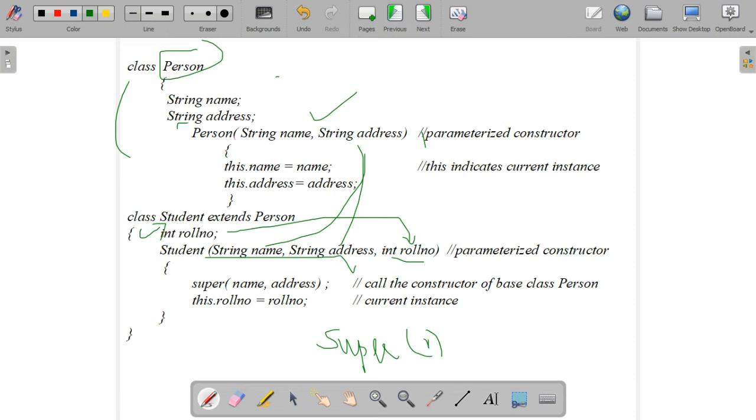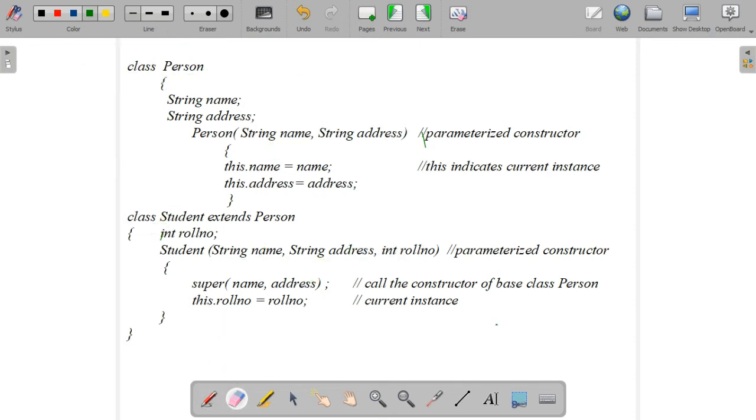How will we access this base class constructor from the child class constructor? Yes, we will use the method super(). But here it's not an empty one, because in the base class constructor two parameters have been passed, so we have to pass two parameters here also, without data type. Okay. What are the two parameters? Name and address. The parameters you have given in the child class constructor are string name and string address. Those two parameters we pass here in the method super(name, address). Clear? This is the way we access the super class constructor from the child class constructor.